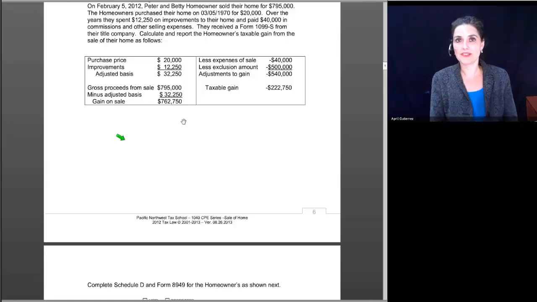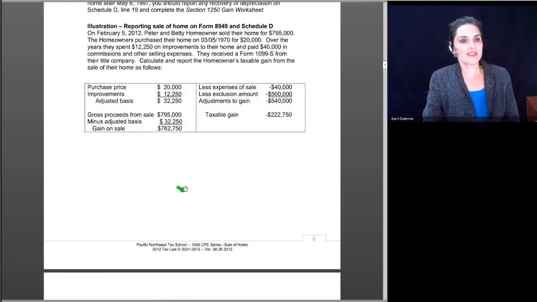So I'm going to show you what the IRS is instructing, and maybe you'll understand why I'm rambling on like this. So here we have an illustration where we've purchased the house a long time ago for $20,000, back in the days when you could buy a house for $20,000. And over the years, they didn't spend a lot on improvements at all, $12,250. So there's an adjusted basis in the home of $32,250. The home is sold for $795,000, and we subtract out this adjusted basis amount of $32,250 to get a gain on the sale of